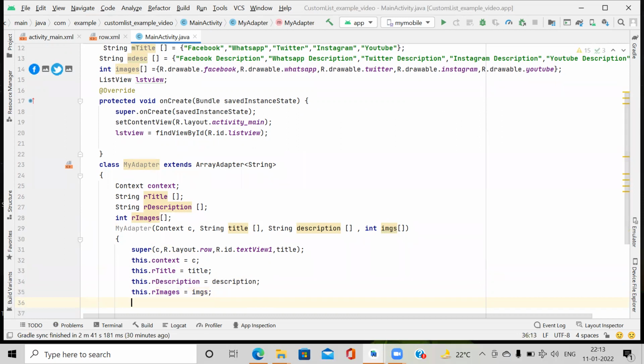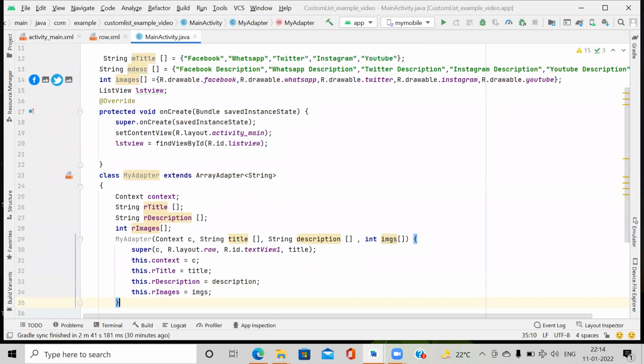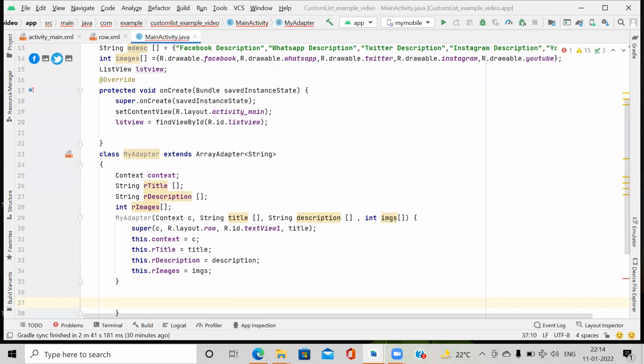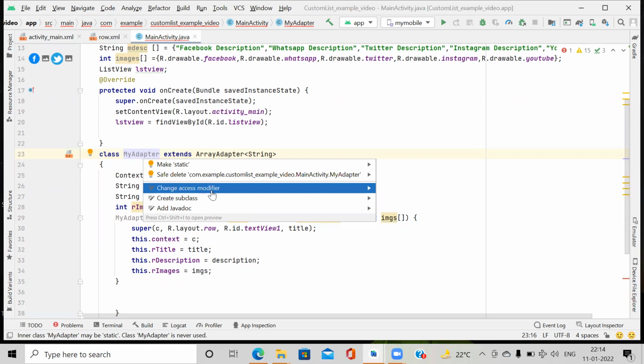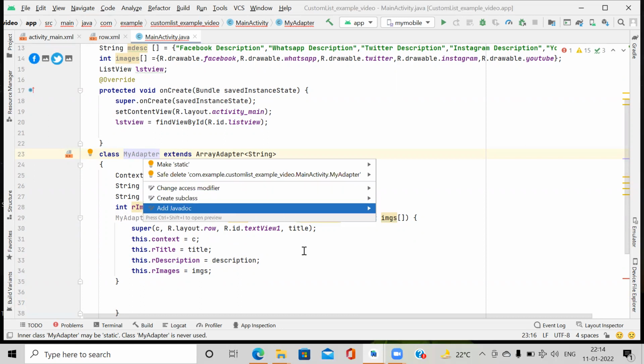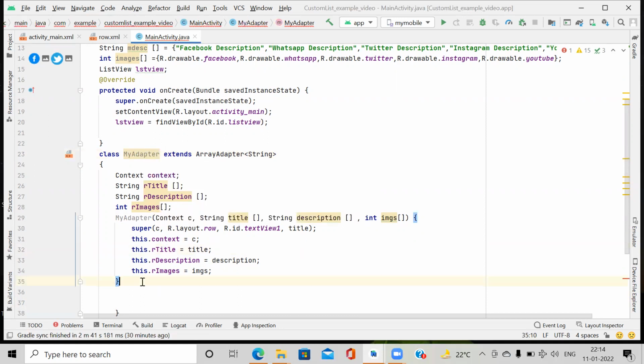Here we close the constructor and we implement one method of the class.